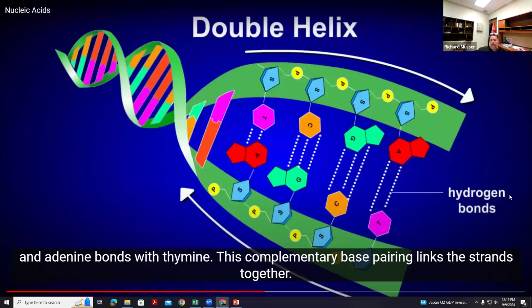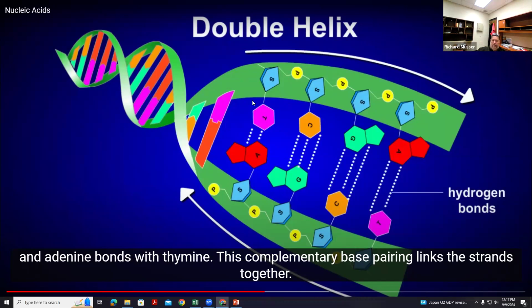I wanted to show you this one also. This is showing you the alpha helix and helical. What I want you to get out of this is that the one picture in the other video didn't show you the direction that the sugars were facing. They made it look like they're all facing the same direction, but they actually face in opposite directions.